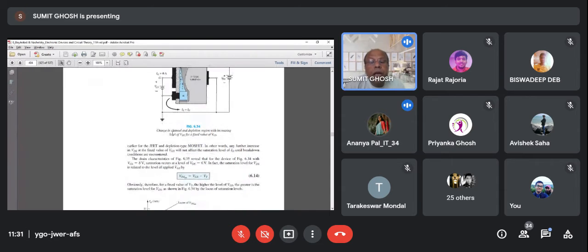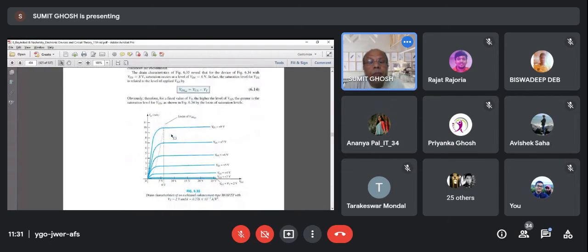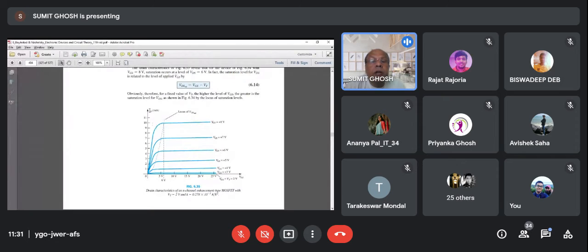পরিষ্কার? এবার যা বললাম সব কার্ভ থেকে আরো পরিষ্কার হবে। এটা আউটপুট ক্যারেক্টারিস্টিক, আবার বলার দরকার নেই, ID versus VDS। ক্লিয়ার? ধরো VGS নিচে থেকে শুরু করি এবার। VGS is equal to VT। VT ওখানে 2 ভোল্ট, মানে থ্রেশহোল্ড ভোল্টেজটা 2 ভোল্ট। তাহলে জাস্ট যখন 2 ভোল্ট হলো তখন চ্যানেলটা ফর্ম হলো, একটা কারেন্ট অলমোস্ট জিরো বলতে পারো। সবচেয়ে নিচের কার্ভটা, বটম মোস্ট কার্ভ। When VGS is equal to 3 volt, what is the overdrive voltage? 1 volt.